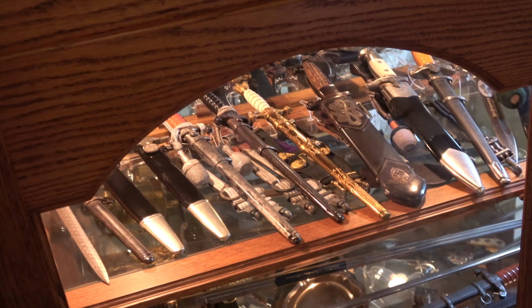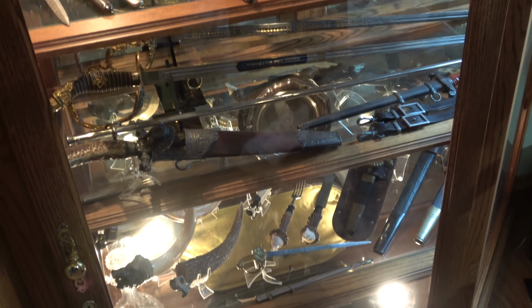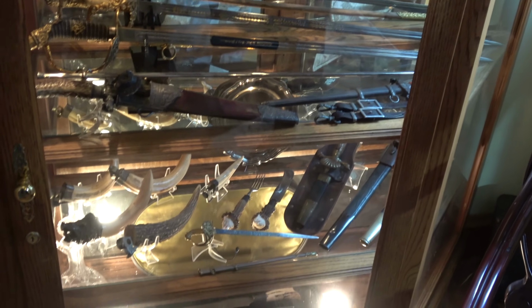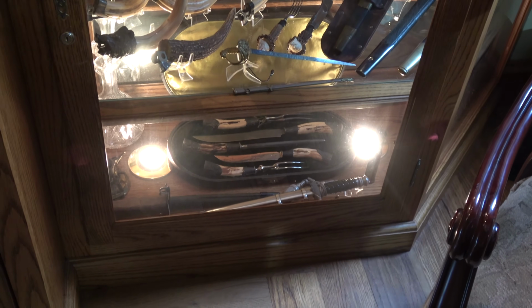And then in this lower case are mostly all Third Reich pieces. I have pretty much a very nice representation of all the different dagger types, and there's some beautiful swords in there also. And the case on the other side